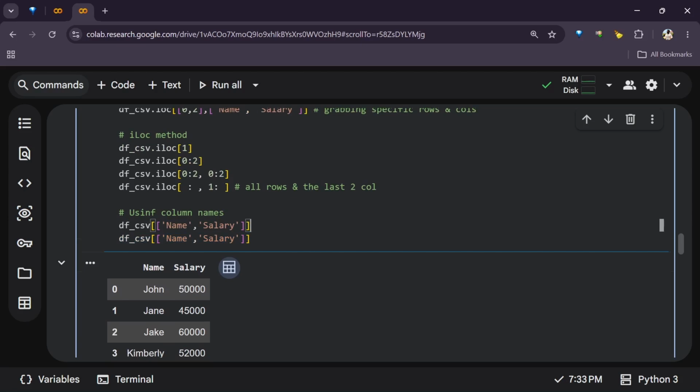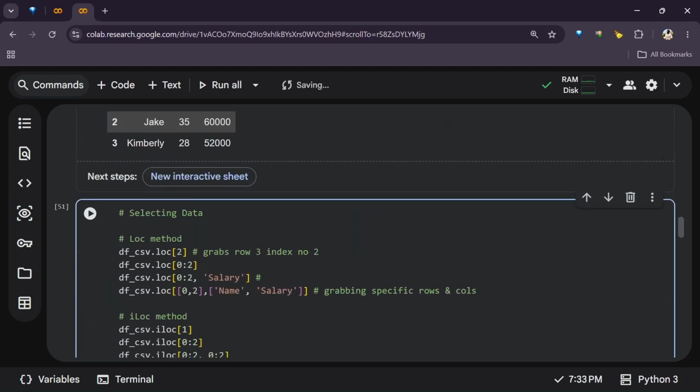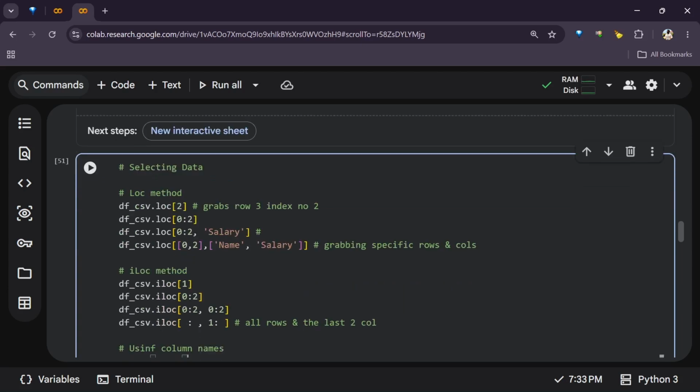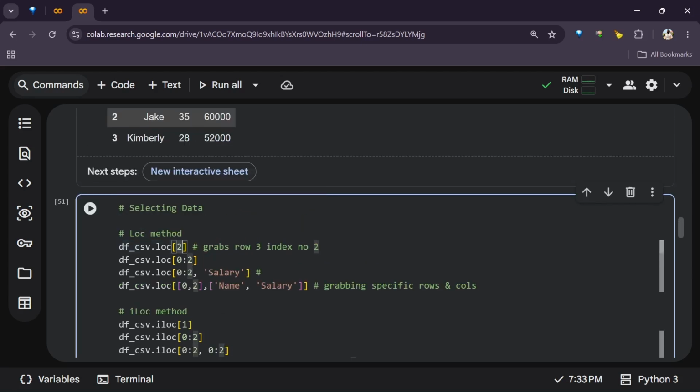Okay, so the first one was age, so let's take it back to age, and I'll remove the unnecessary double square bracket. All right, so we can also grab data this way. So this is just a few ways, or majorly the key ways, of grabbing data using the loc, which is location. If you want to grab certain rows, you use the label, because do not forget, this is the label